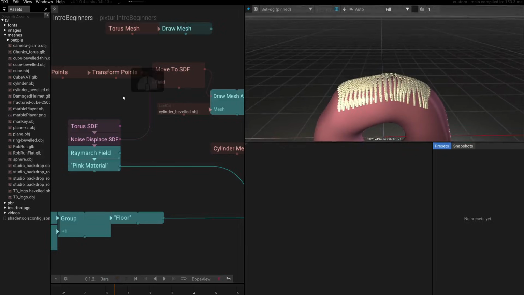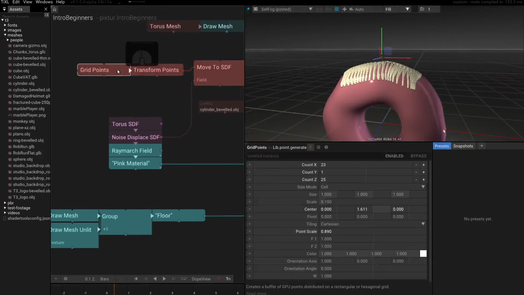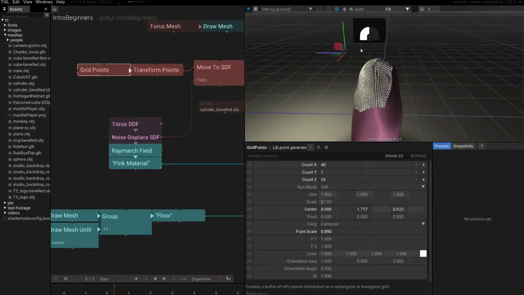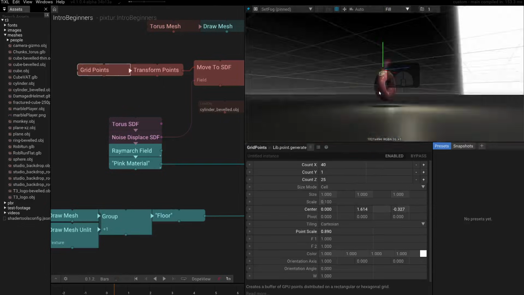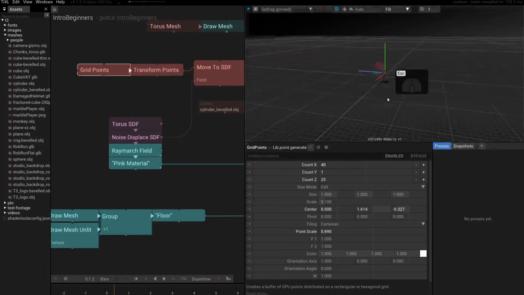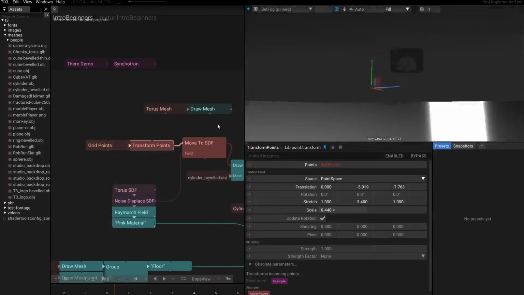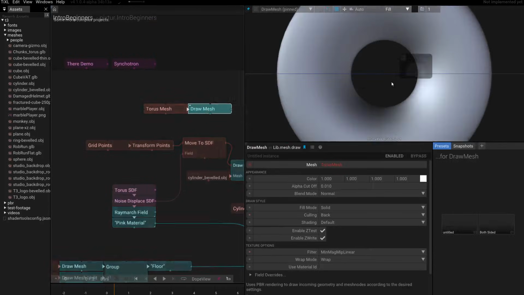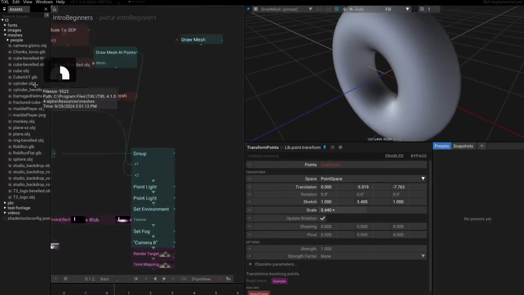I don't know if this looks yummy. That's a beginner's class for Torus decoration. But we see they are being positioned there on the Torus, which is actually pretty nice. Oh, no, what's going on? I think my graphics card doesn't like this at all. I don't know what that was, but